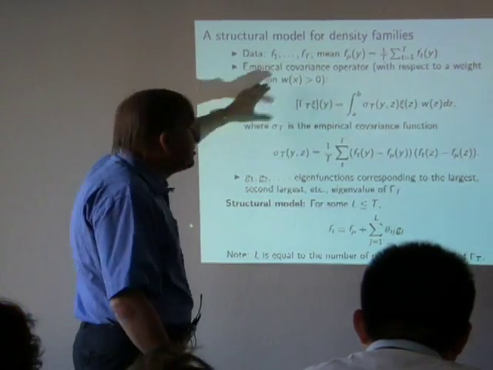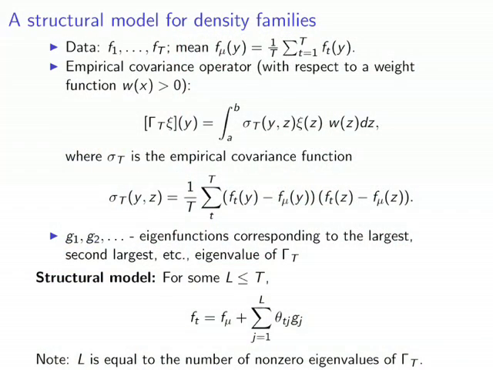And the structural model will be that you try to expand the f's with a type of basis functions. For some L less or equal t, you have this decomposition: it's f mu plus some parameters which modify the g_j. As you already said, with densities the problem in this decomposition is positivity: in order that this is a density, you have implicit restrictions on the structure of the thetas. How do these develop, essentially, to get some tendency, to understand the basic development? Of course, one of the big assumptions here is that there is a basic development, that there is not just